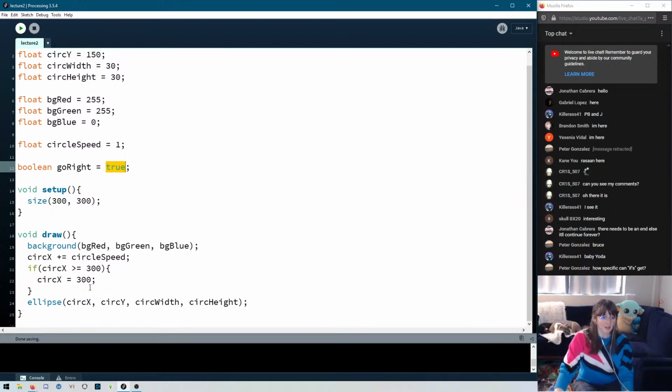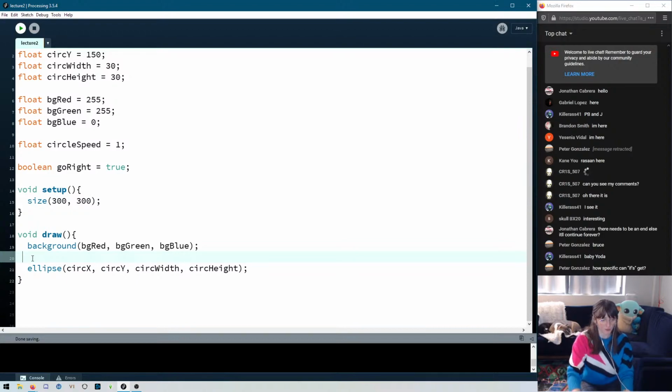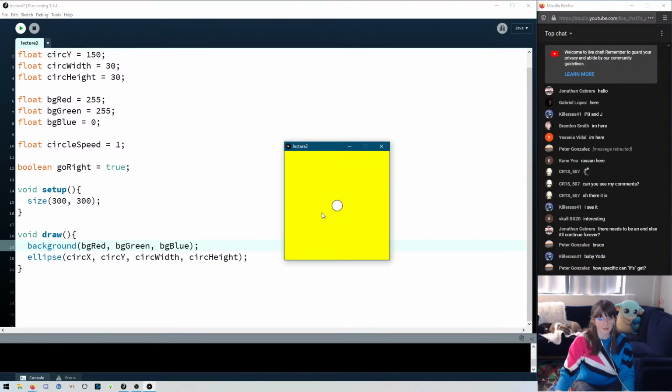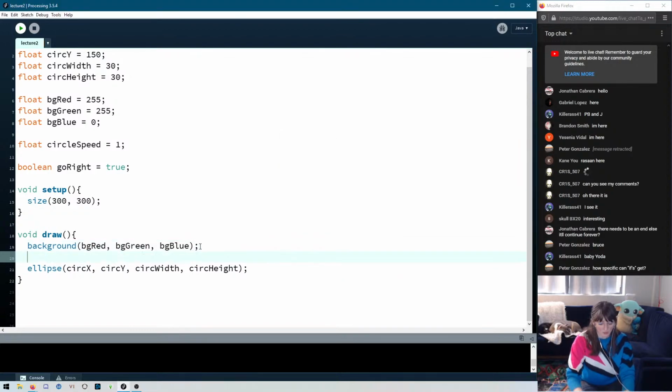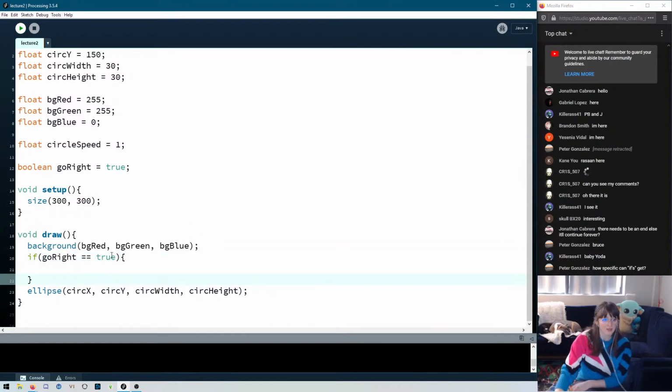So I'm going to get rid of this code for now. I'm going to basically start over so that all I have is my change the background color to yellow and draw my circle, to remind us. It looks like this. So I'm going to say if go right equals true. So if go right, that Boolean is true, we want to then change